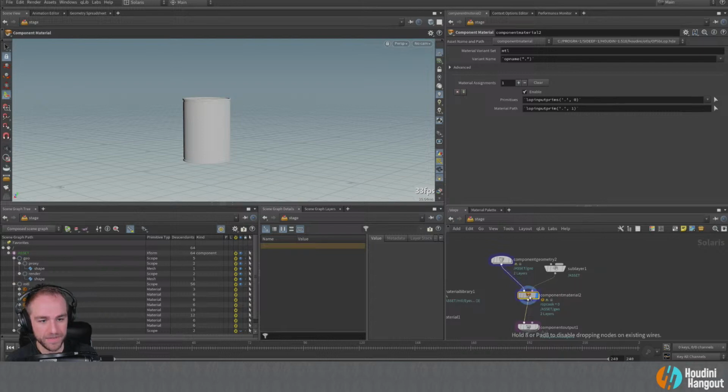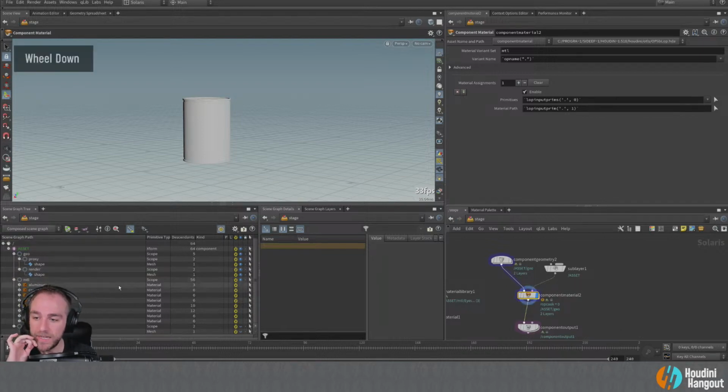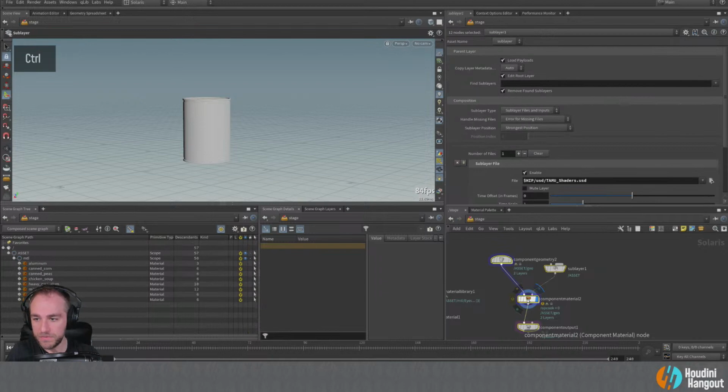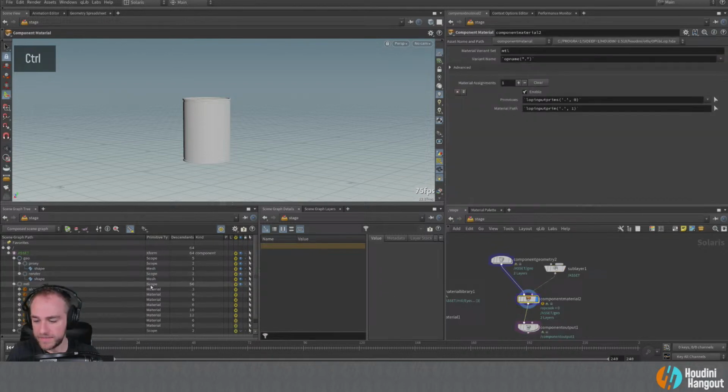That is not happy about something. Oh, right. Because yes, I have to set these up here so that it'll find the correct primitives. So what I'm going to do is take the primitives that I want to copy these to. And in fact, what I want these to copy to is not just the shape, but I want to actually get the groups from this, right? Or the different elements from it.